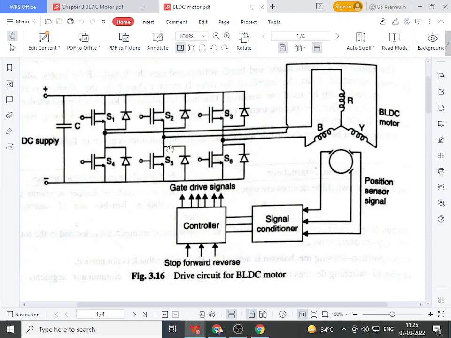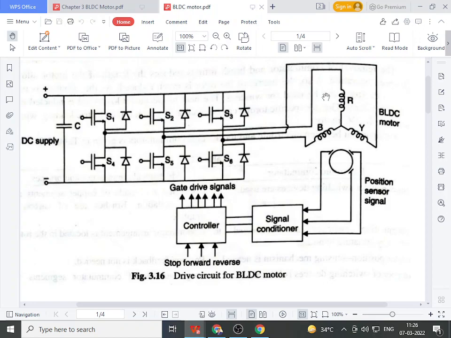The one important thing is that switches are turned on in such a way that all 3 phases of the stator winding should carry current. This is one of the important conditions required for the working of a BLDC motor. So every time we have to turn on a particular set of switches in such a way that after turning them on, all 3 phases of the stator carry current. That means all 3 phases R, Y, B carry current, and whenever all 3 phases, which are displaced by 120 degrees in space, carry current, then and only then will there be generation of a rotating magnetic field. Otherwise there will not be any formation of a rotating magnetic field.